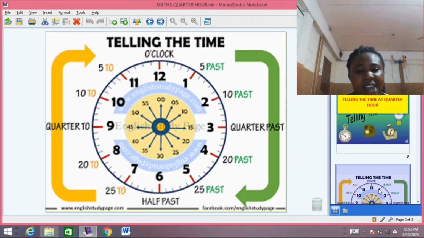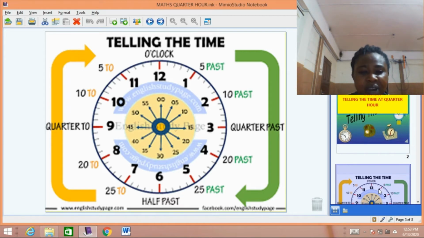For us to have 1 minute, the second hand will rotate from 12 and go back to 12. And for us to have 1 hour, the minute hand will rotate, leaving 12 and rotating around, going back to 12. When it goes back to 12, we have 60 minutes, or we have o'clock.